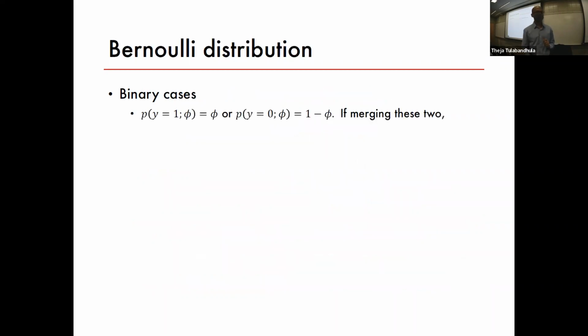Let's look at the Bernoulli distribution. P of y given the parameter phi is equal to phi. The parameter is phi, and we know that we can write it in short form like this: phi to the power y, times 1 minus phi to the power 1 minus y. Now what we're going to do is massage this into that exponential distribution definition. So how do we massage it? It's e to the power log of this.